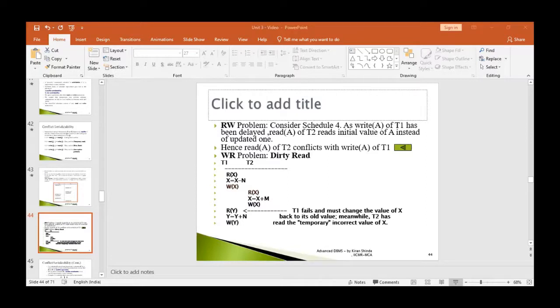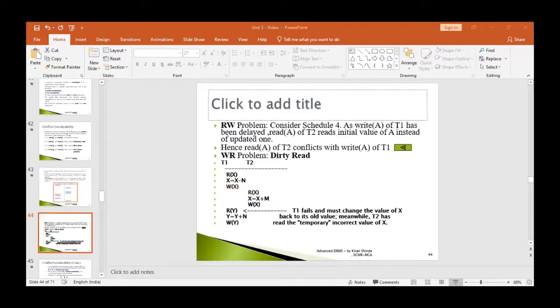WZ WY, no conflict. WZ WZ, yes, there is conflict, but we already have an arc from T3 to T2, which we drew just before. There is no point in drawing multiple edges starting from the same transaction and ending at the same transaction. So WZ we have already represented.